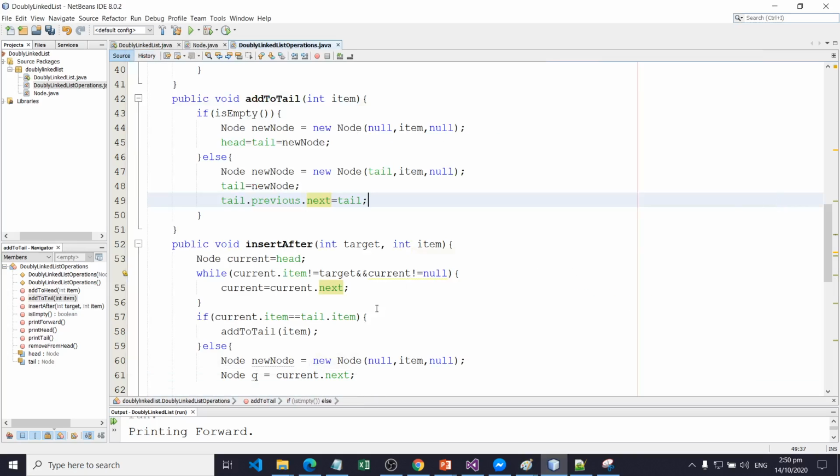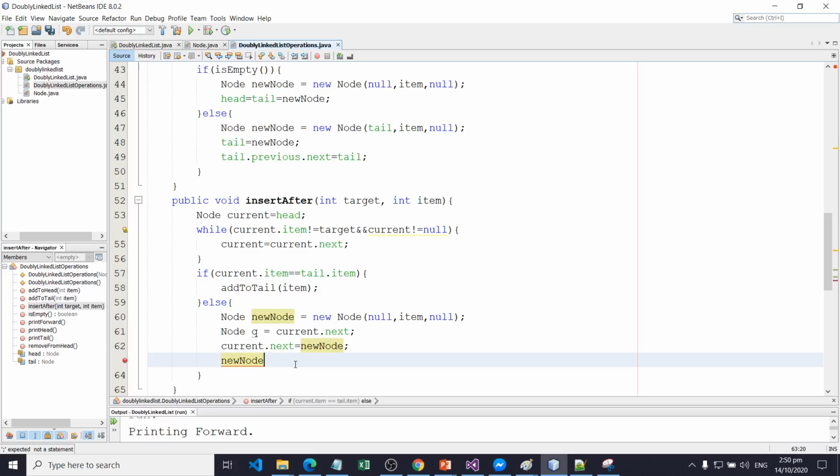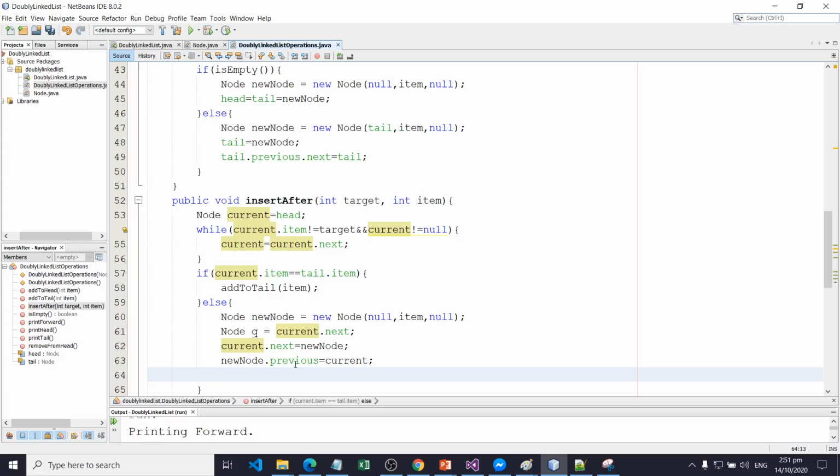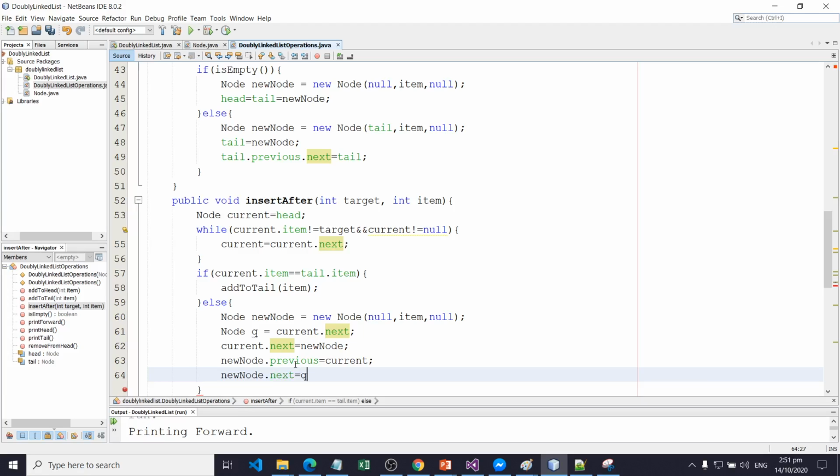After that, let the current dot next point to our new node. Then new node dot previous is equal to current. Then let the new node dot next be equal to q, and q dot previous point to our new node.